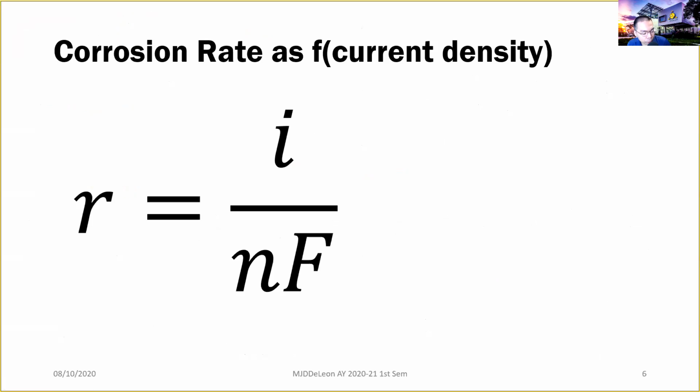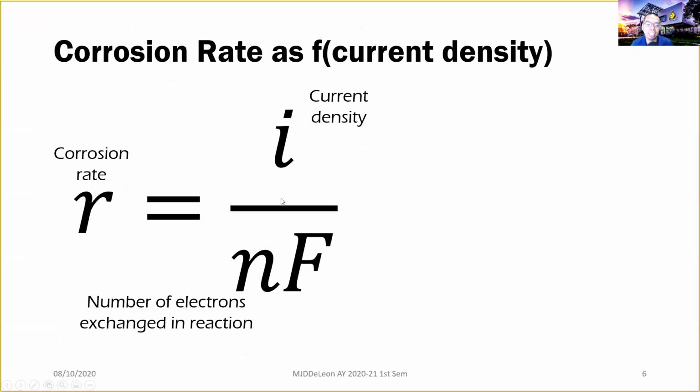So next, we have the corrosion rate as a function of current density. So R is equal to I over nF, where I is the current density, n is the number of electrons exchanged in the reaction, and F is Faraday's constant, which is equal to 96,500 coulombs per mole. So from here, ang current density natin, this has units of coulombs per meter squared second. Number of electrons exchanged, this is just from the reaction, wala yung units, and yung Faraday's constant natin, this is